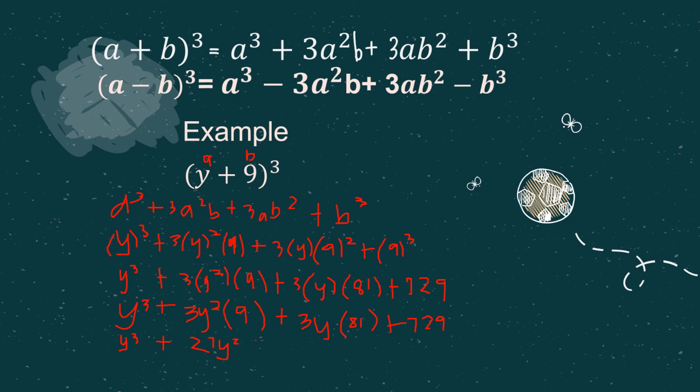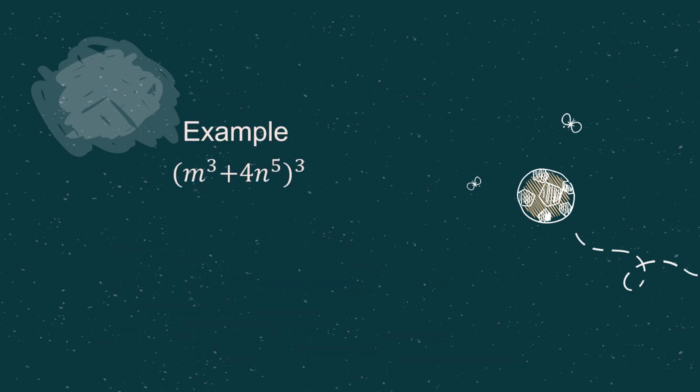Next, plus 3y times 81 is 243y, plus 729. So the cube of y plus 9 is y cubed plus 27y squared plus 243y plus 729. Okay? Last example, we have